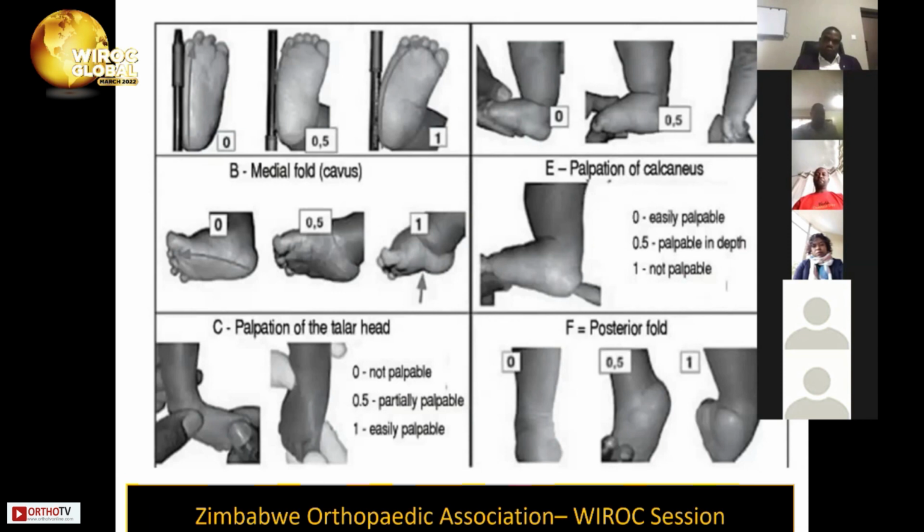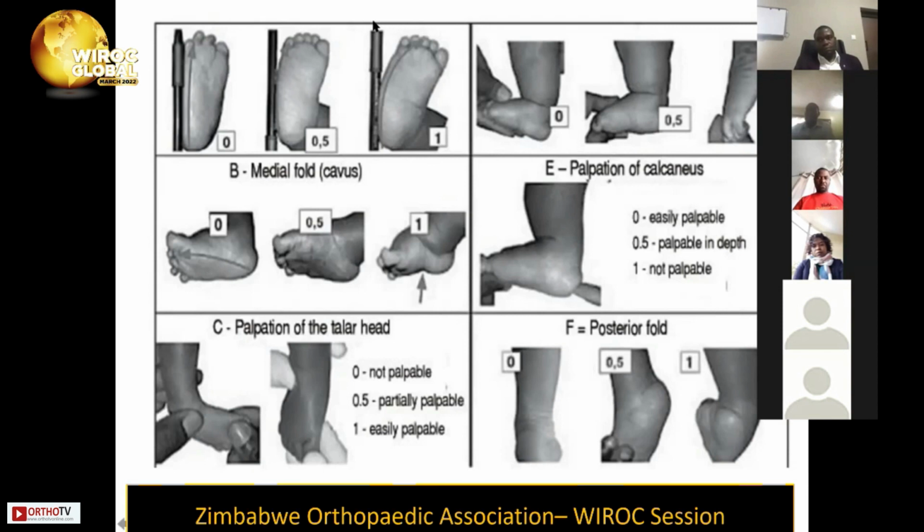For the lateral head of the talus, if you can palpate completely the head of the talus, that's a 1. That's the severest form. If you can palpate it partially, it's a 0.5. If it's not palpable, that's normal. That's a 0. And the posterior fold, like the medial crease: if it's multiple fine creases, 0. If there are 1 or 2 deep creases which do not cause a visible deformity on the posterior aspect, then it's a 0.5. If you can see a deformity,